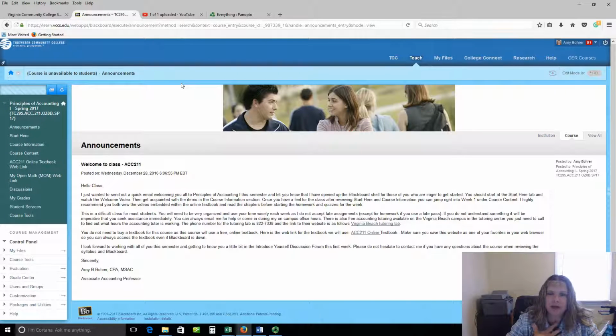I do have to apologize in advance. I'm recovering from a cold, so I have a cold lozenge in my mouth. You'll probably see that going around, and I'm very stuffy and it's kind of draining a little bit, so I might be clearing my throat. So I apologize in advance, but I did still want to put together this welcome video.